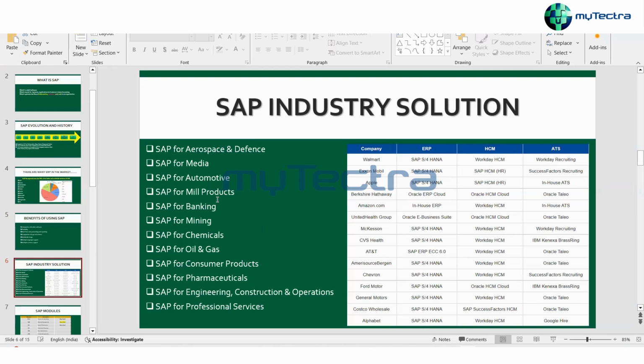If I talk about companies, we have Apple Watch, Bharti Airtel, Mittal Group, Jindal, and Mahindra Group. All of them are using SAP as their first product only.